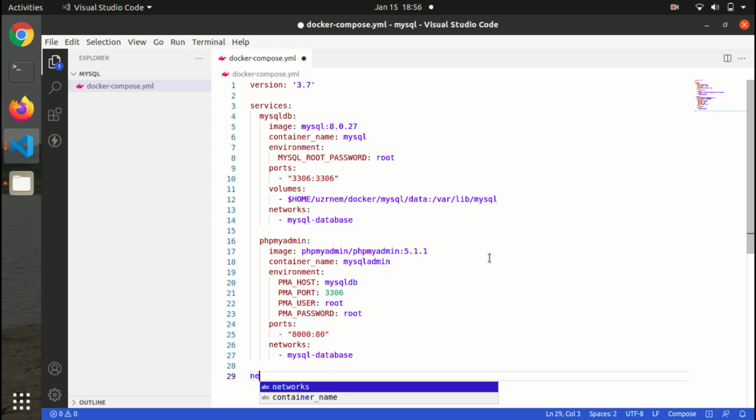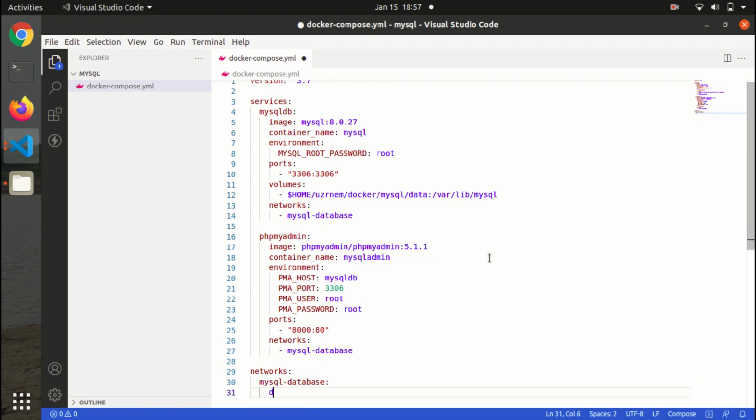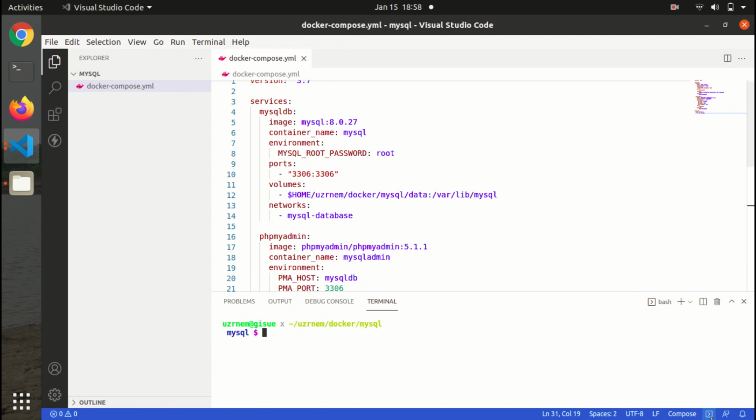Now it's time to define the MySQL database network. Once it is done, we can create containers using the docker compose up command.